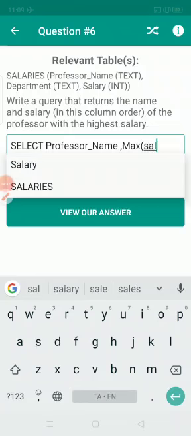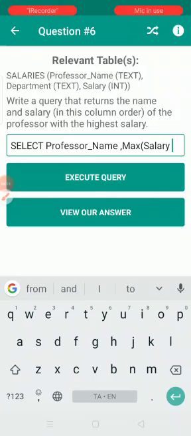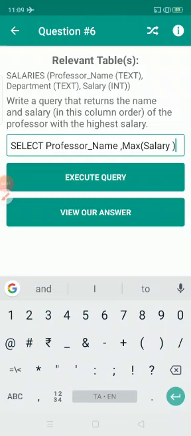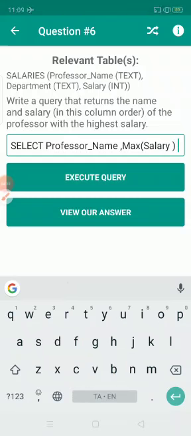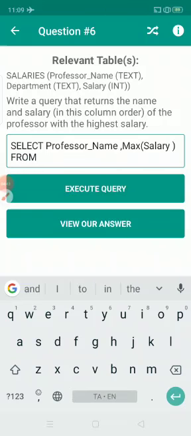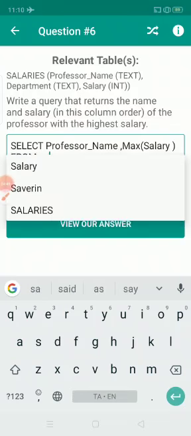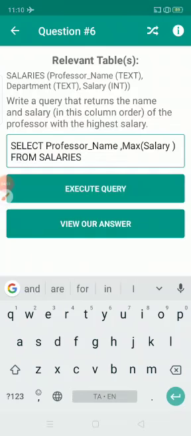It is a very simple function. It only requires MAX, and then you select it from the same table. What is the table name here? Salaries. So you are getting the professor name and the maximum salary from the salaries table.